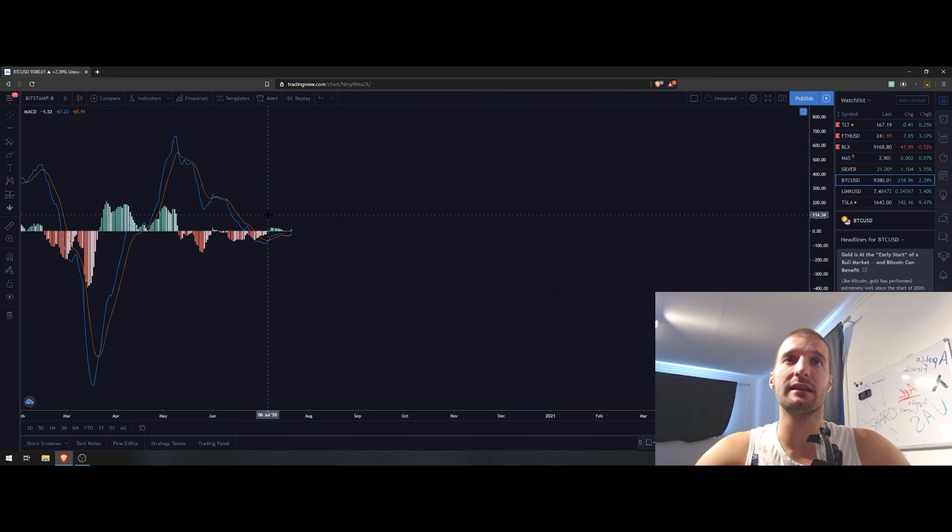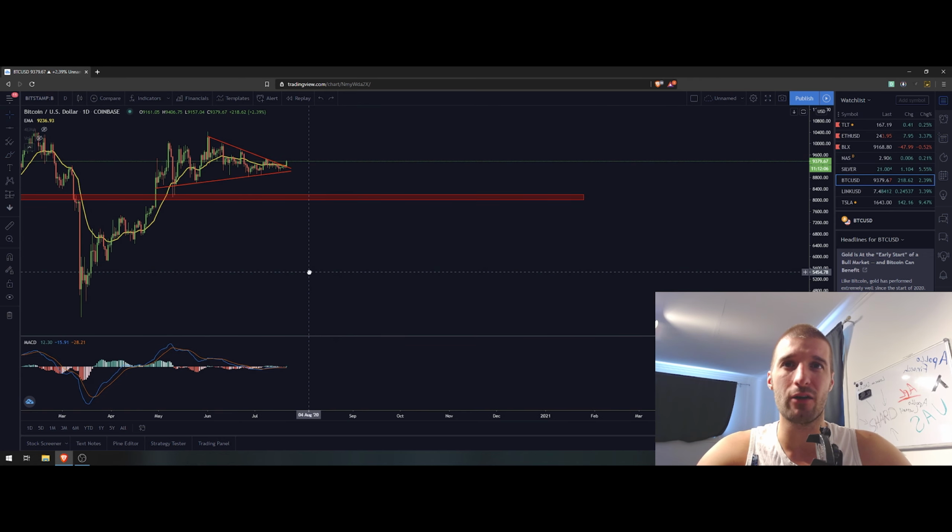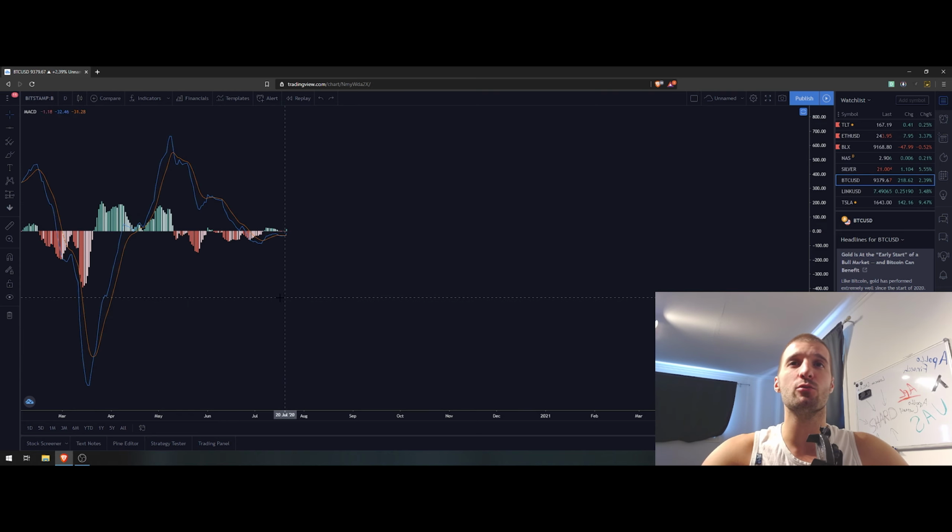MACD is constantly consolidating around these levels over here, and I'm so glad that we were on the bearish side all this time. One more thing that we need to mention is that we were dropping for 2 months already, and that's very good because we can see MACD is showing us a cool down on the Bitcoin price, and that indicates that the next step should be on the way to the upside,